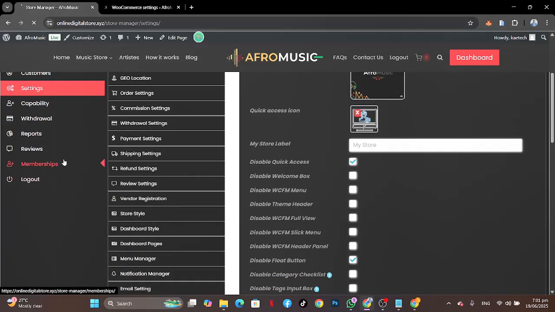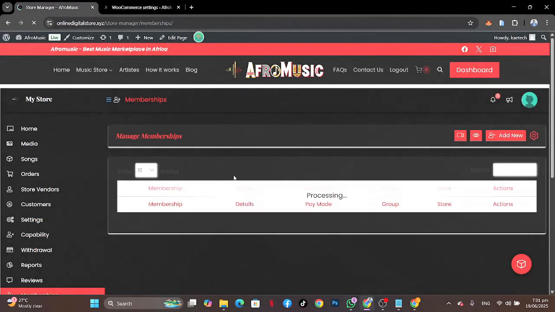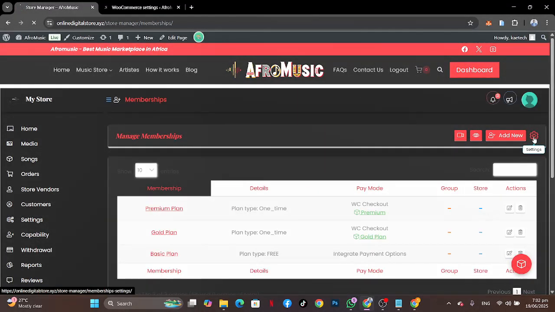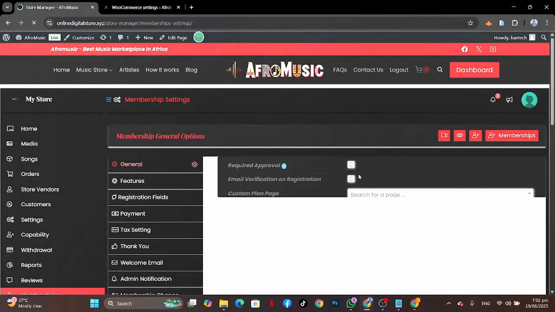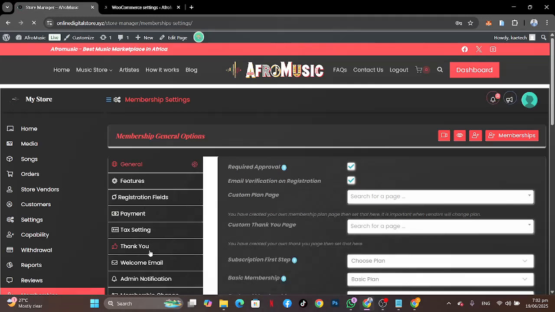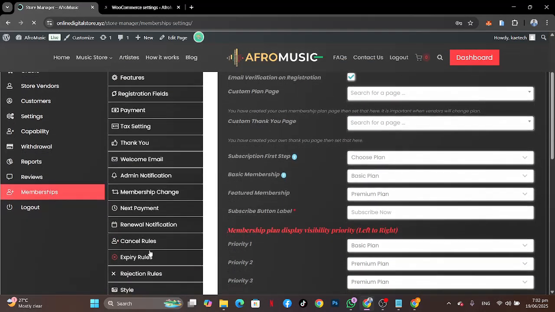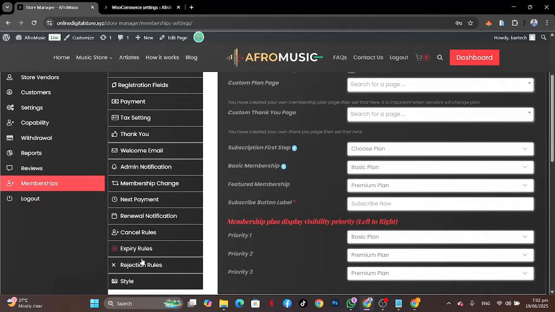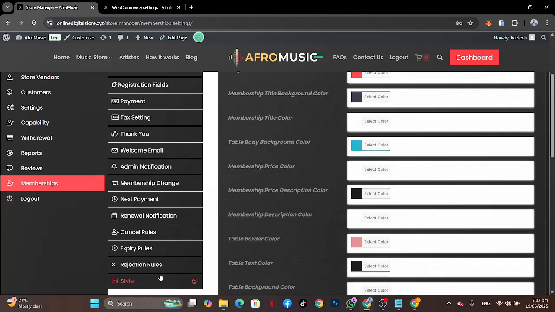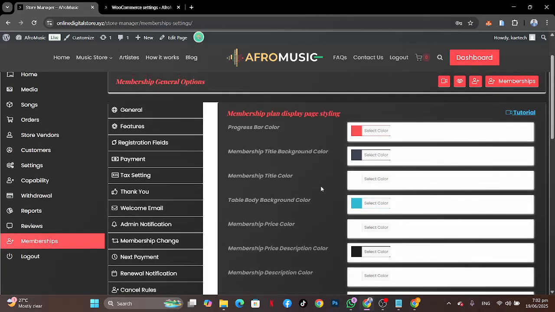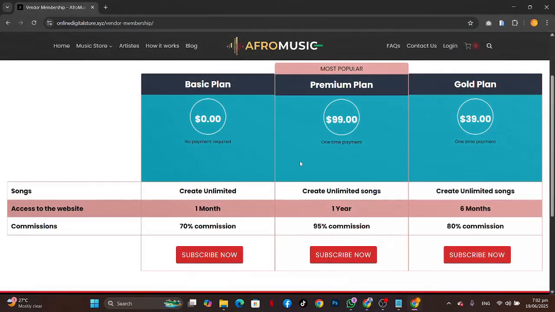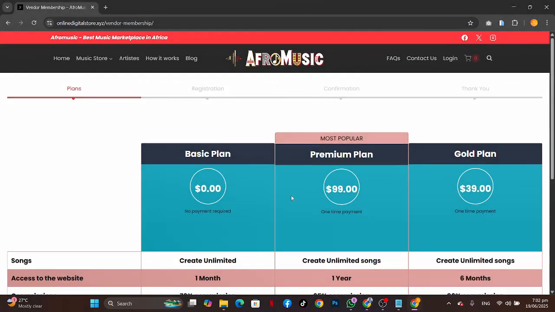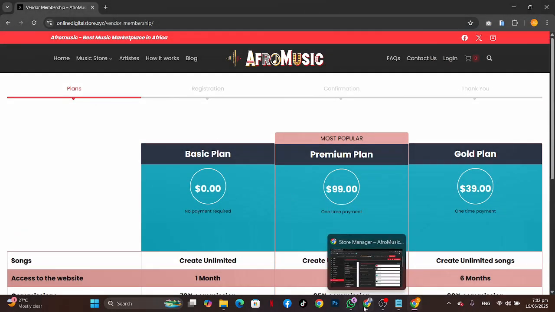Okay, so I'm going to go to memberships over here. Now I'm going to go to membership settings, and then I'll go to style. Okay, underneath it we have style over here. So this is the progress bar. Okay, so where is the progress bar? This one, it shows perfectly well over there. All right, so